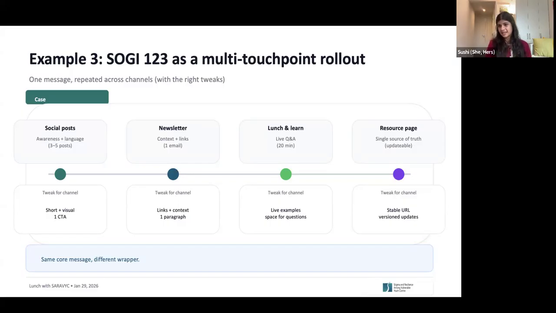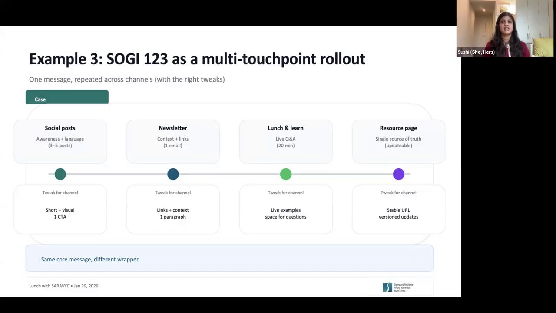But obviously, that wasn't enough. And then we wanted to do more deeper engagement. So, one of the ways we did that was through the newsletter, which gives us an opportunity to write more, to explain more, and to give more context. So, for our quarterly newsletter, we made the SOGI 123 report our main highlight. And again, we linked it back to our anchor, to our homepage.